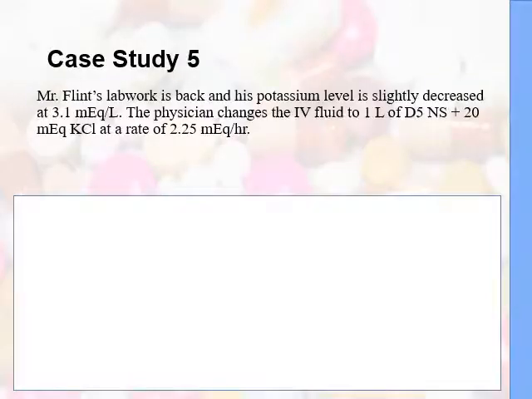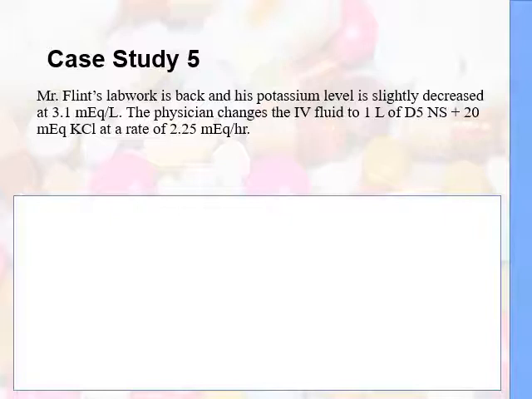Let's take a look at this case study. Mr. Flint's lab work is back and his potassium level is slightly decreased at 3.1 milliequivalents per liter. The physician changes the IV fluid to 1 liter of D5NS plus 20 MEQs of KCl at a rate of 2.25 MEQs per hour. Now again, even if you didn't realize that potassium generally gets run on a pump, you